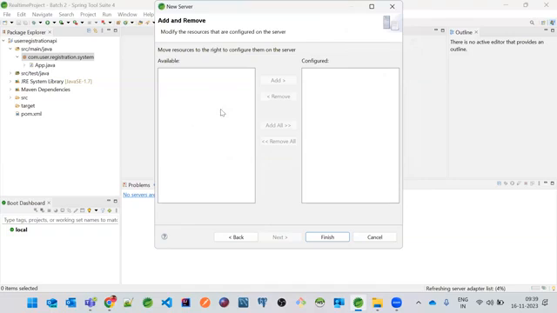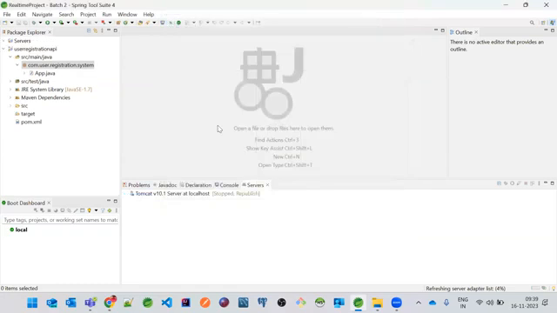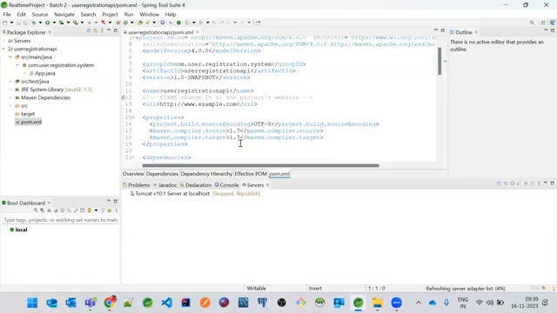So right now there is no application available. So even you have registration API, but there is something you need to do to make this user registration app visible over here in this available tab. Right now there is nothing. I'll tell you why it is not there. Okay, so finish it, and we'll just write some code first of all. And before that, Tomcat 8 plus versions will work only with Java 8. What is the version right now over here? Okay, so just go in the pom.xml and change the source and target version to 17. This is 1.7. Okay.